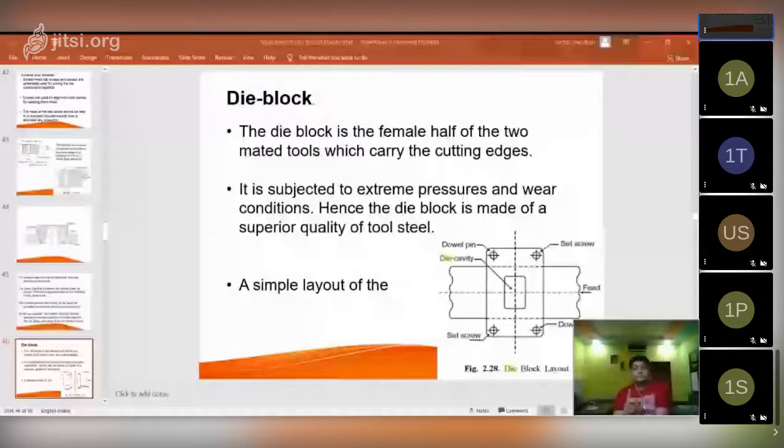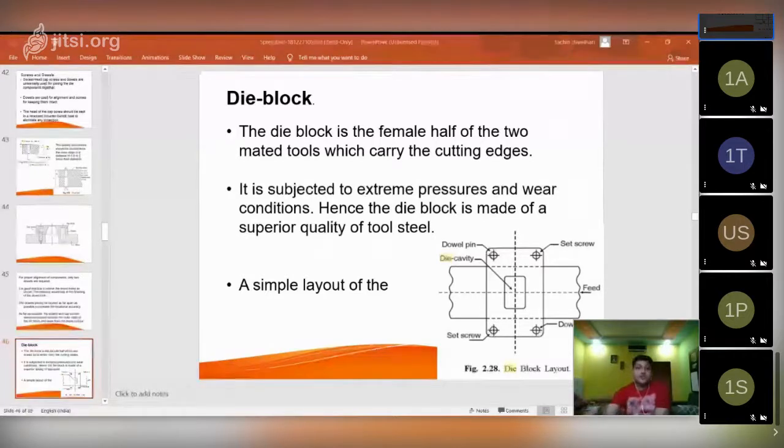Depending upon that, you have to design a rectangular die block or a circular die block. Depending upon your die opening, the thickness or size of the die block is also considered, or you have to take care.